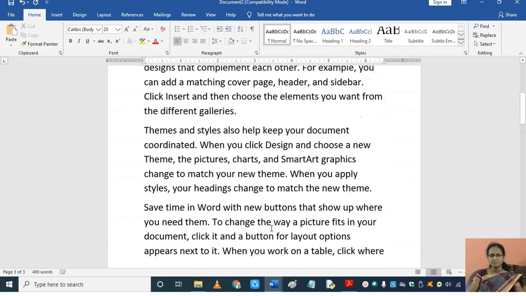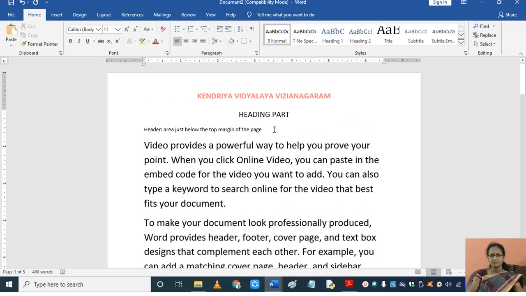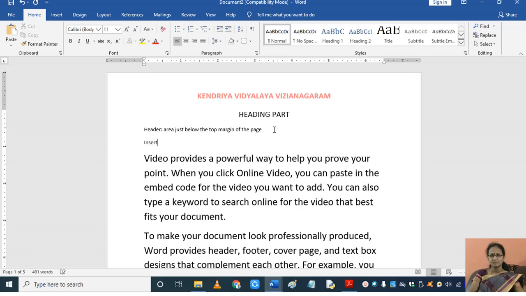So this is how you have to insert the header. What are the steps, children? Click on the Insert tab. And then what next? Go to the Header and Footer group, and then click on Header.